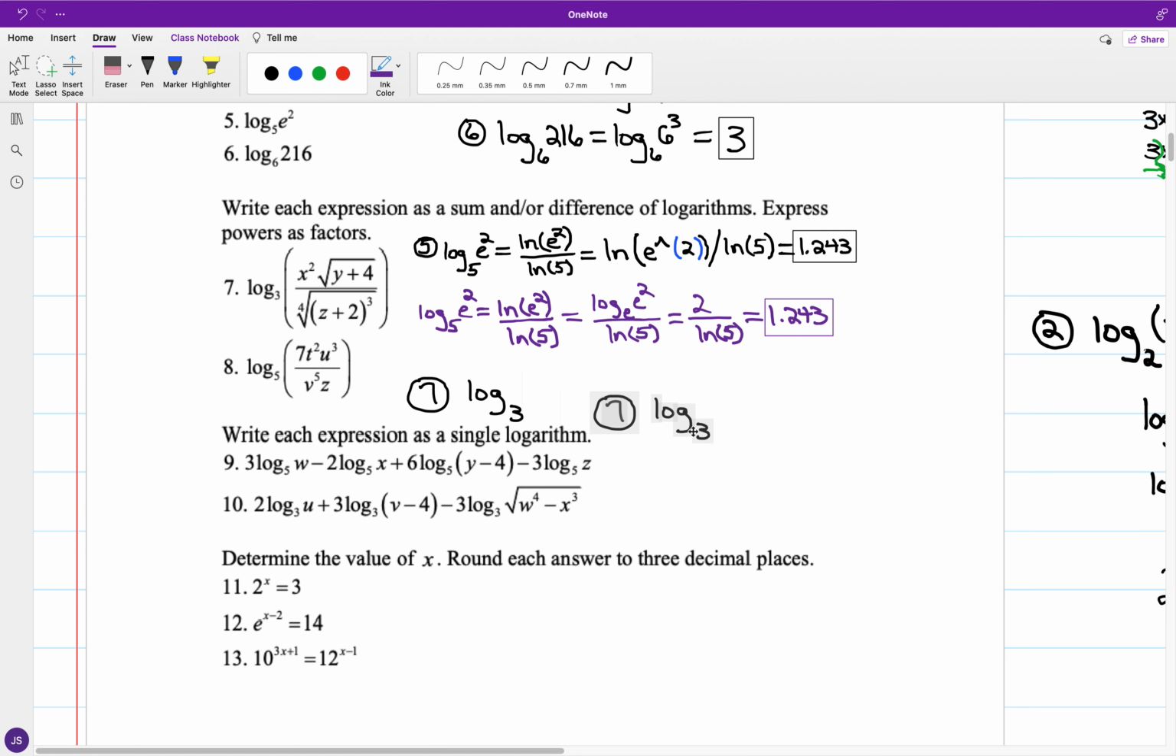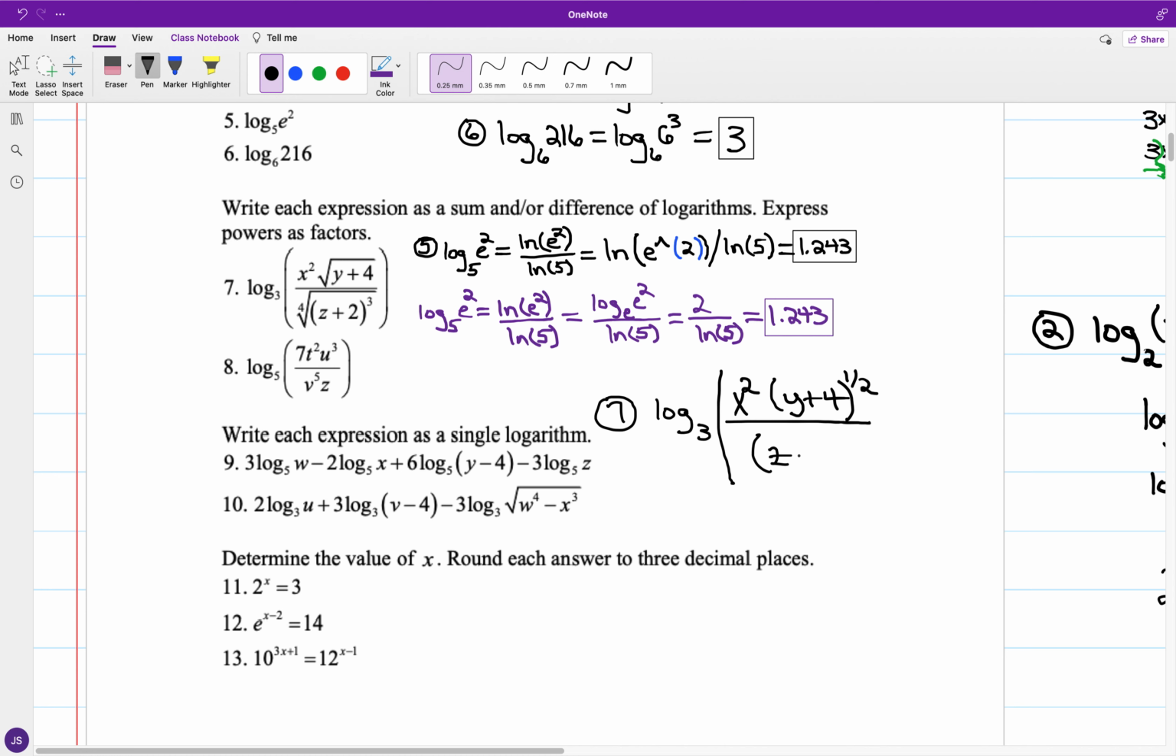So we have here for number 7, we have a base 3 logarithm. Okay, we have x squared, and for the square root of y plus 4, anytime we have the square root of an expression, it'll be that expression to the 1/2 power. And for the 4th root of the cube of z plus 2,